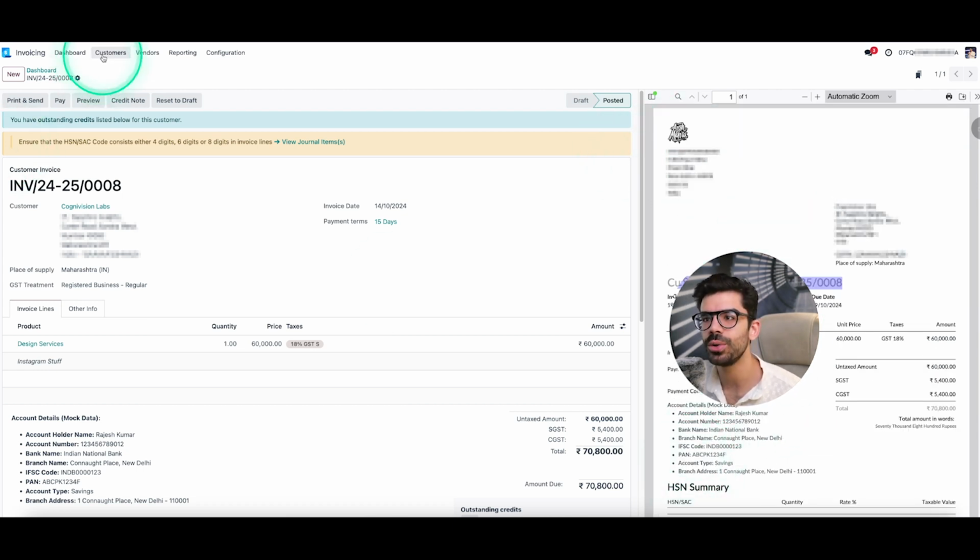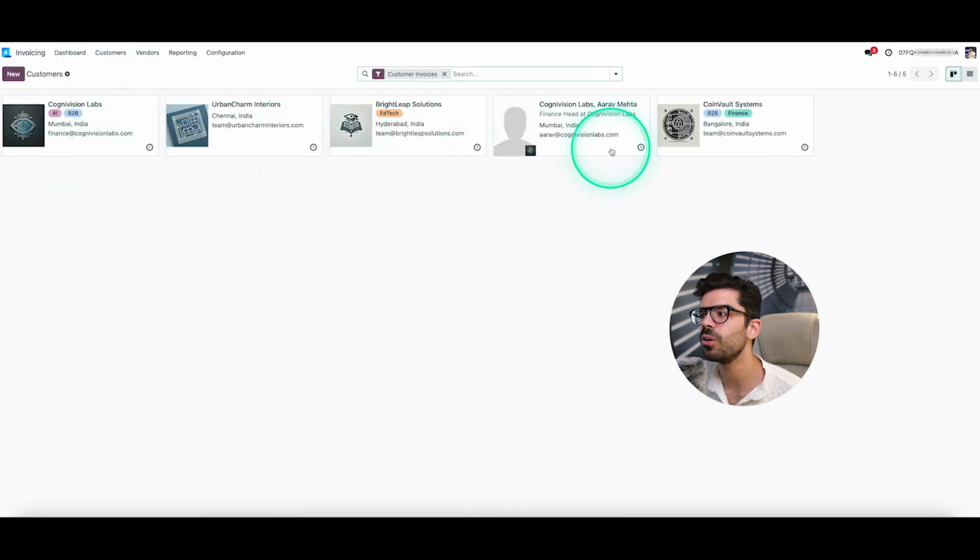And what I'll show you right now is that if I go to customers, if I click on this option right here, these are all of my common customers. These are all mock customers. But the point is, if there's a company or an agency that you regularly work with, and that is usually how it works in the creator economy, you have 5 agencies that have all of these brands, and you don't send the invoice to the brand.